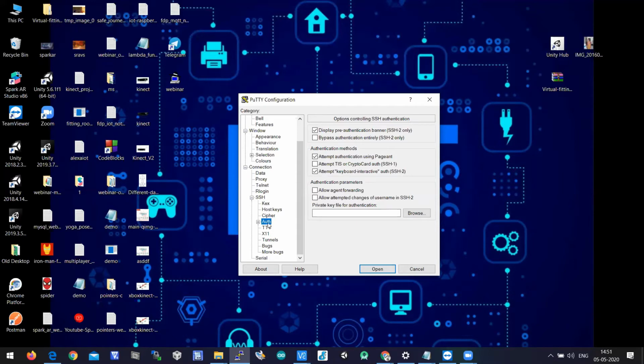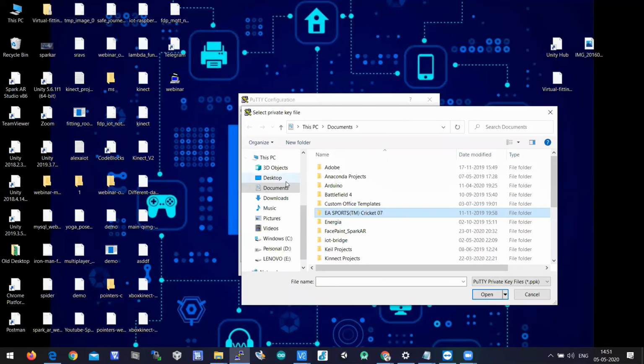In the Authentication tab, there is a Browse option, where it asks you to browse your private key file. I have clicked on Browse.